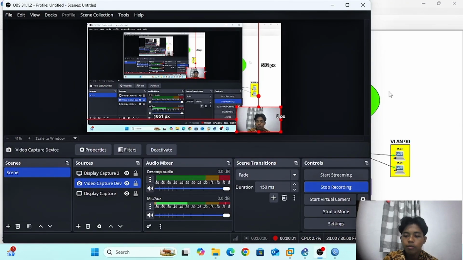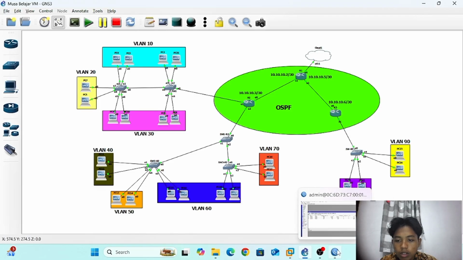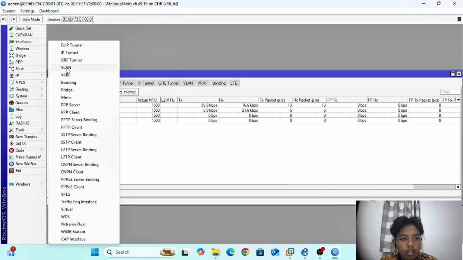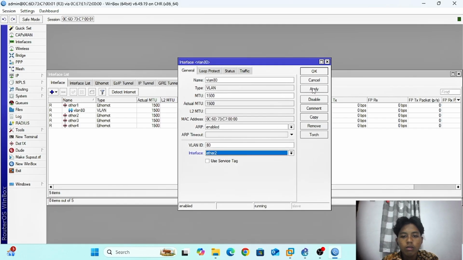Yo guys, my name is Muhammad Zarfan. I will configure VLAN 18 and 19 here. First, open Router 3, add interface VLAN 18 and VLAN ID the same. Router 2, yes.